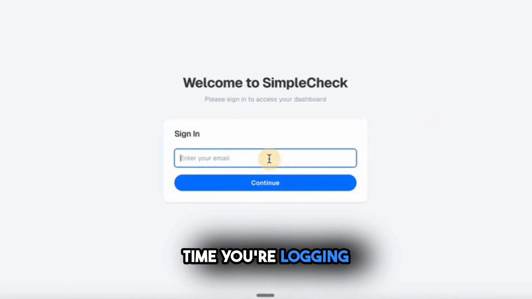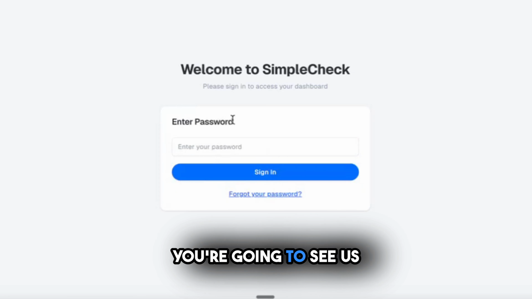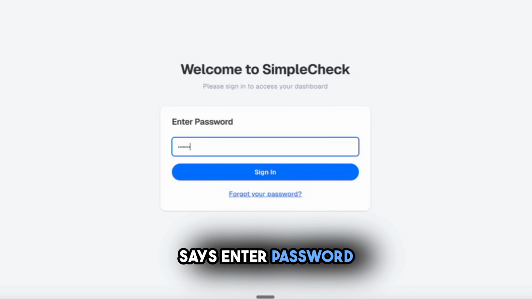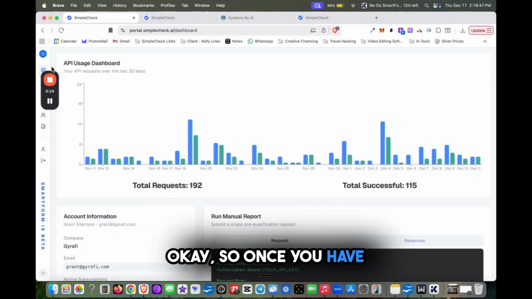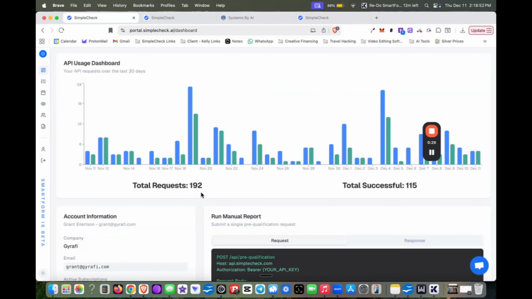So the first time you're logging in, you're gonna see a page that looks like this. It's gonna say sign in. Don't worry, I know it's your first time. Just go ahead and type the email in that you used to purchase, click continue, and on the next screen, you're gonna see a create password. Obviously for me, it says enter password because I have already made an account. Okay, so once you have logged in, and obviously please go ahead and save that password, you have this dashboard